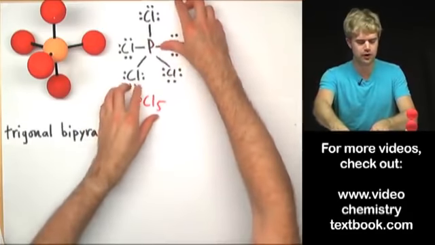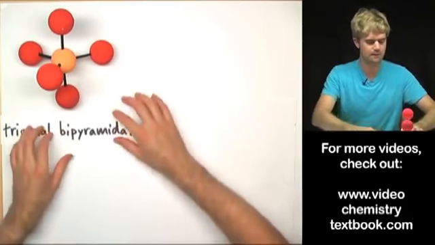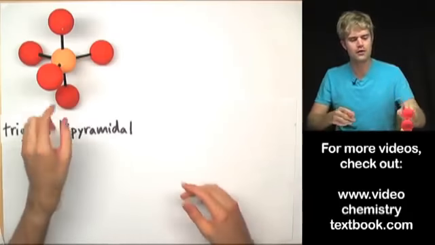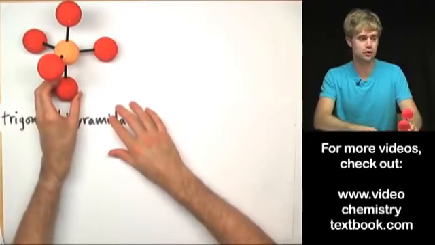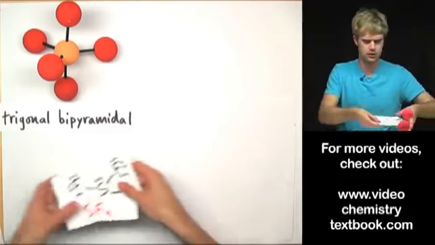I'm going to keep the trigonal bipyramidal up here because all of the other shapes for molecules that have 5 things around the central atom are related to this trigonal bipyramidal shape. Okay, so here is the next molecule. We'll take a look at